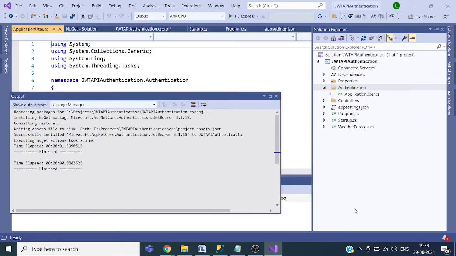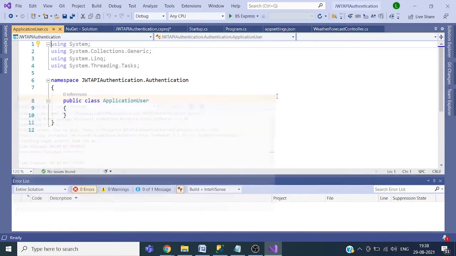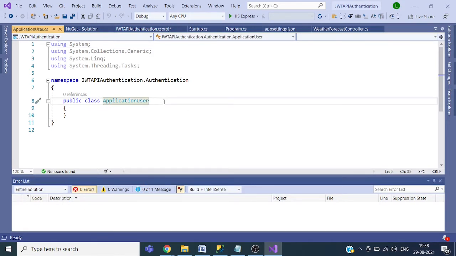And we will inherit this class from IdentityUser. IdentityUser is an inbuilt class in the Identity Framework.